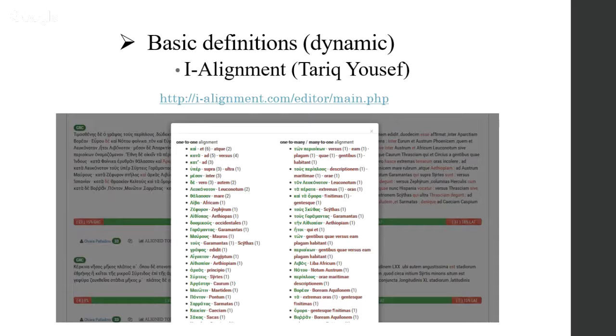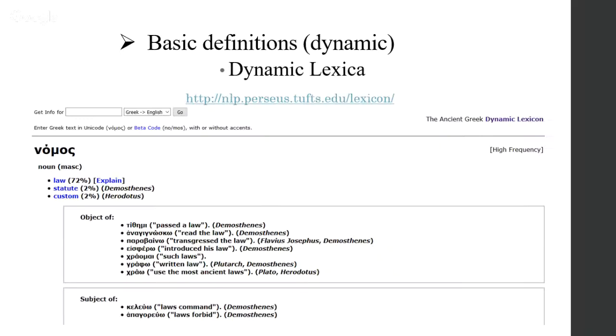So this is a very powerful tool, dynamic tool, as I said. And also we could make some progress in this regard and make a dynamic lexicon like the Greek English dynamic lexicon of the Perseids website.